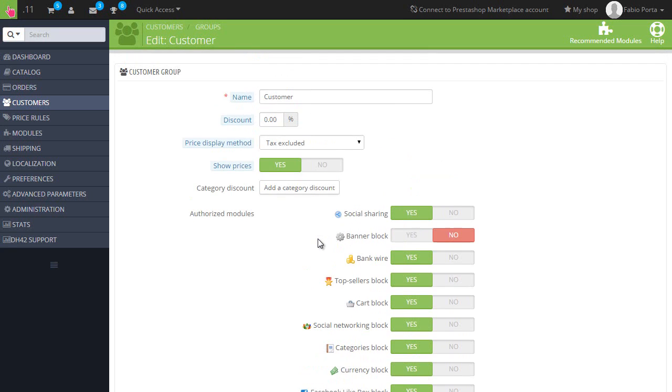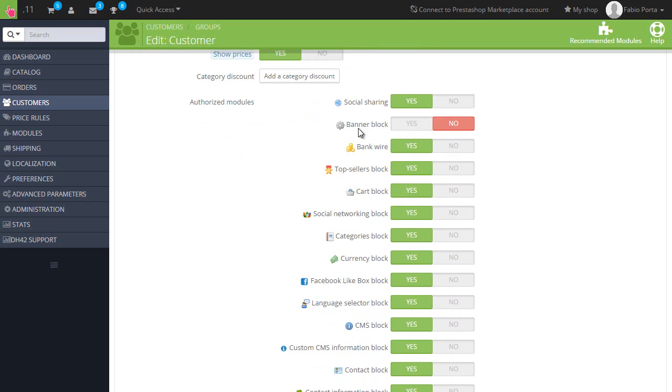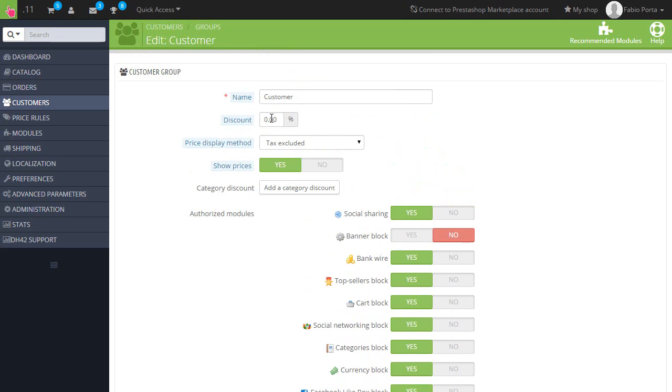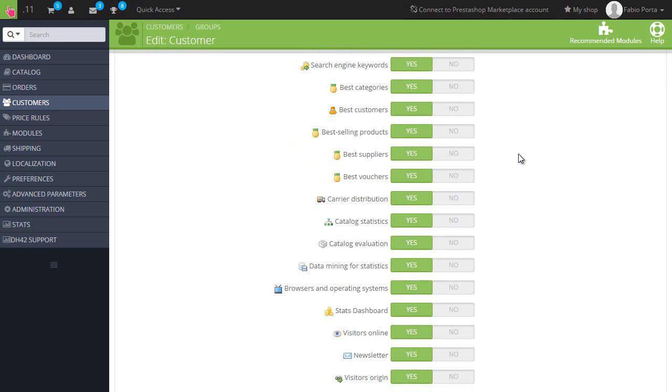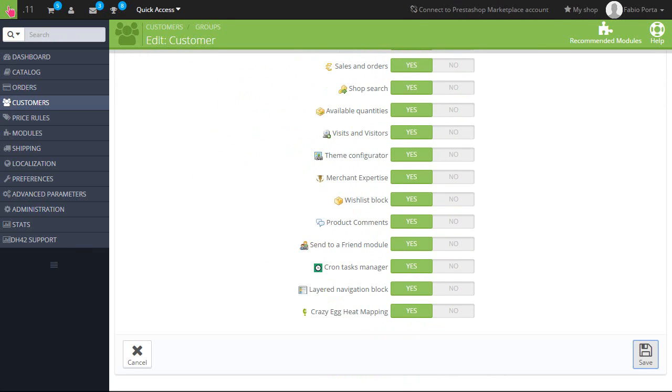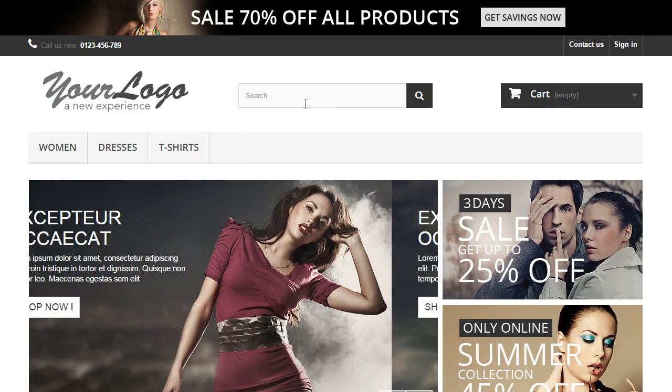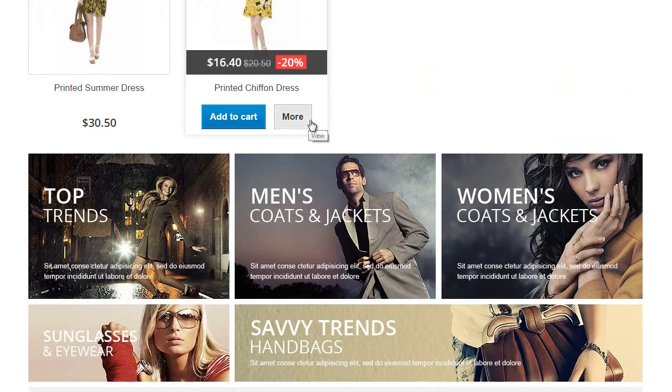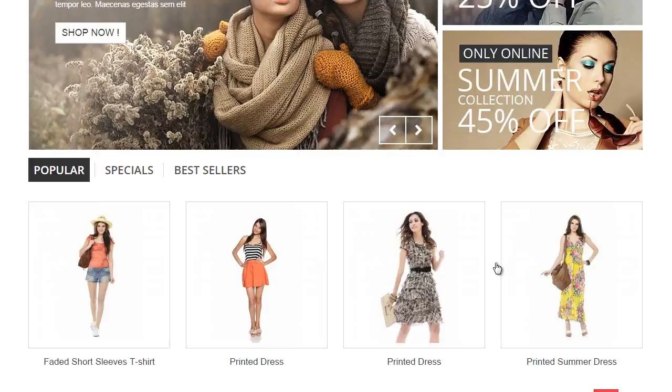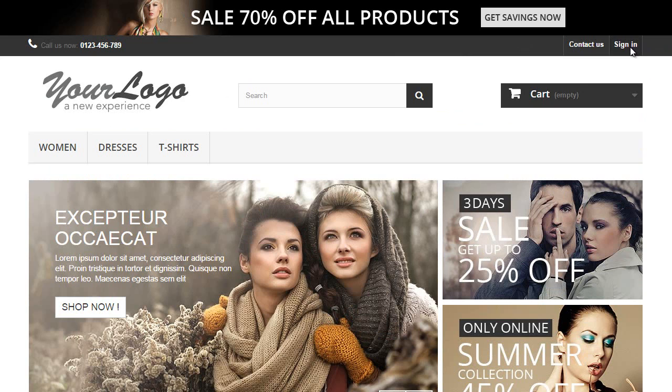Let's disable, for example, this is customer, so let's disable the banner block. And then let's assign a global 50% discount for this group. Alright, so let's scroll down and save. It should work. So now I am not logged in, so I can see full prices and I can see the banner block. But if I sign in,